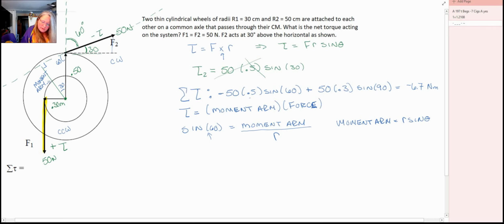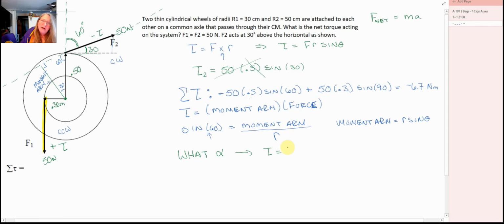Okay, so the next question it asks, oh, I didn't have it ask that, but we're going to go ahead and ask that. What is the acceleration of this thing? So what is alpha? And so let's think. If I have a net force, we know that that is what? Mass times acceleration, right? So in terms of torques, let's see, if I have a net torque, what am I